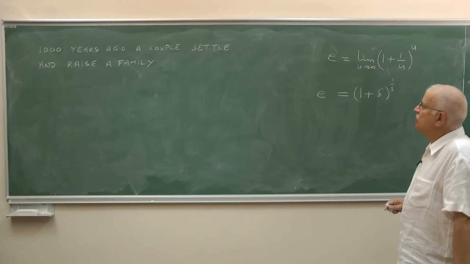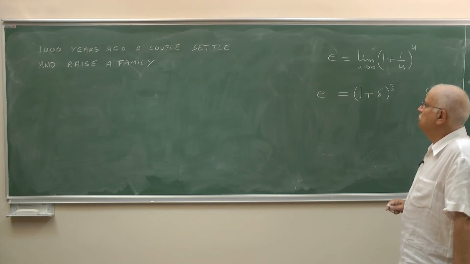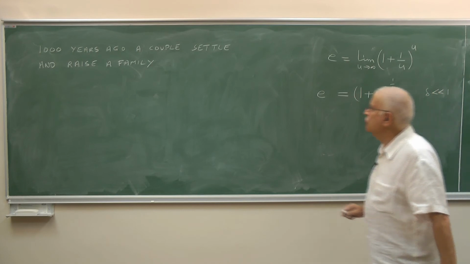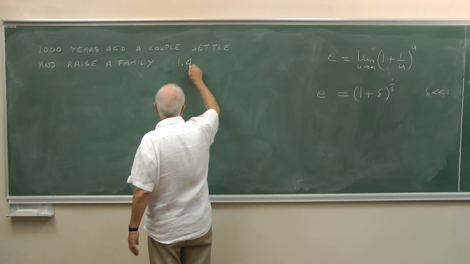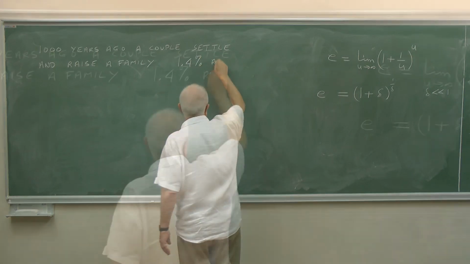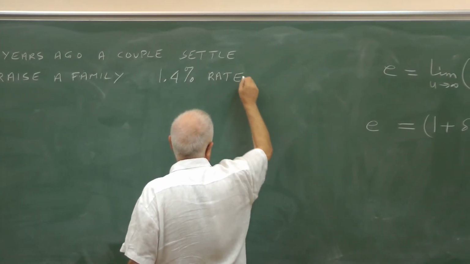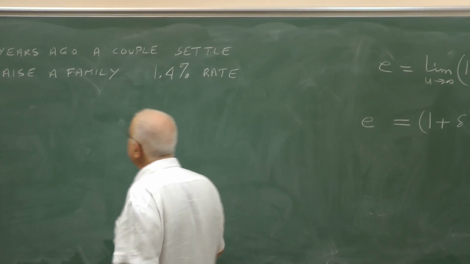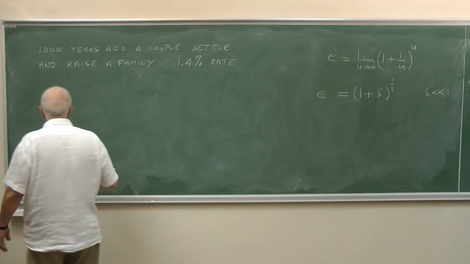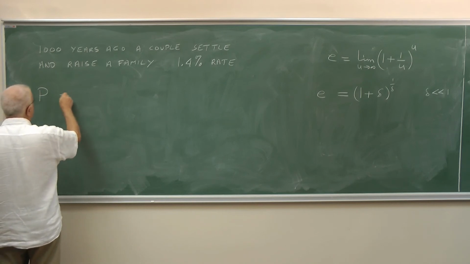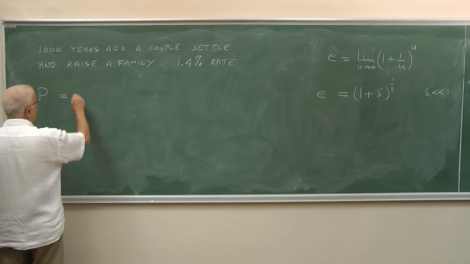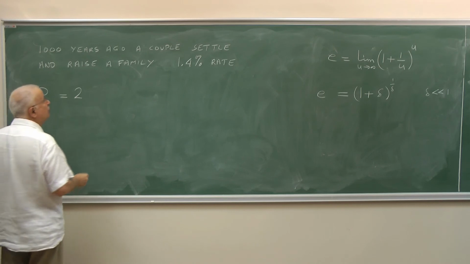So, okay, just for the argument, let's say 1.4% rate of population increase. So, population now would be population at 0, which is just 2 people, then